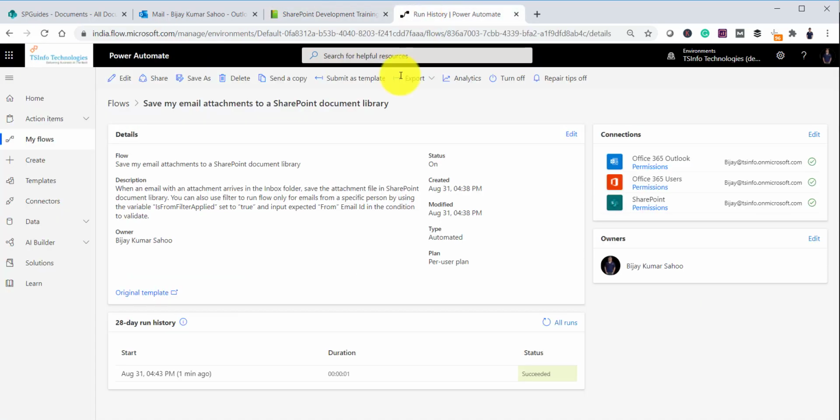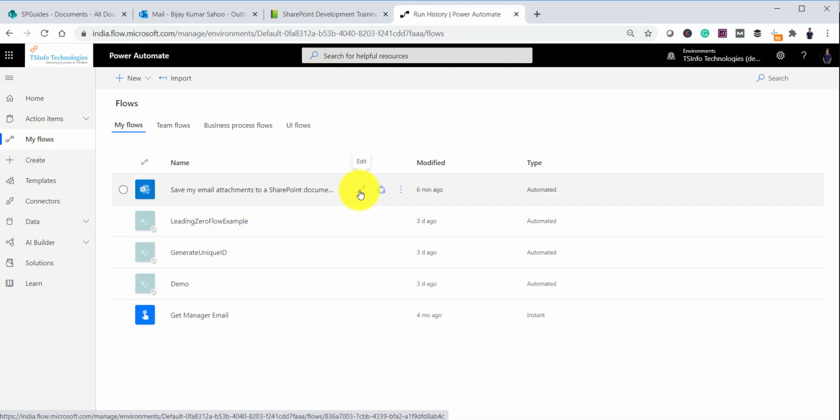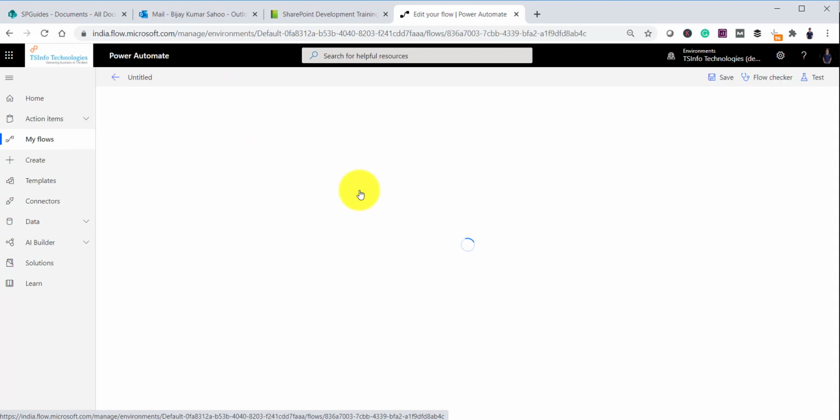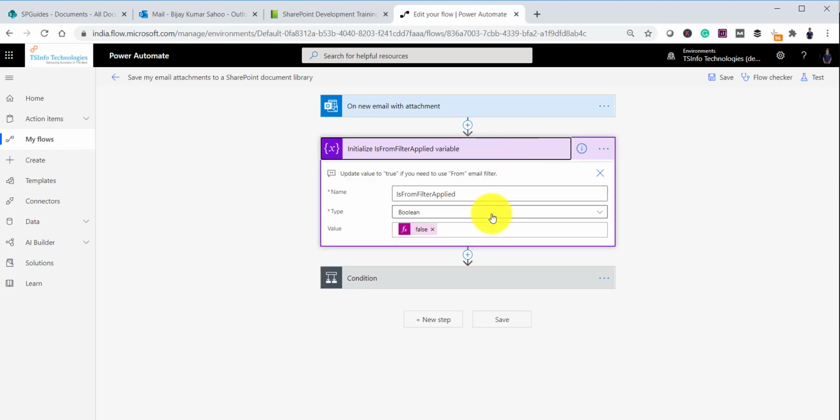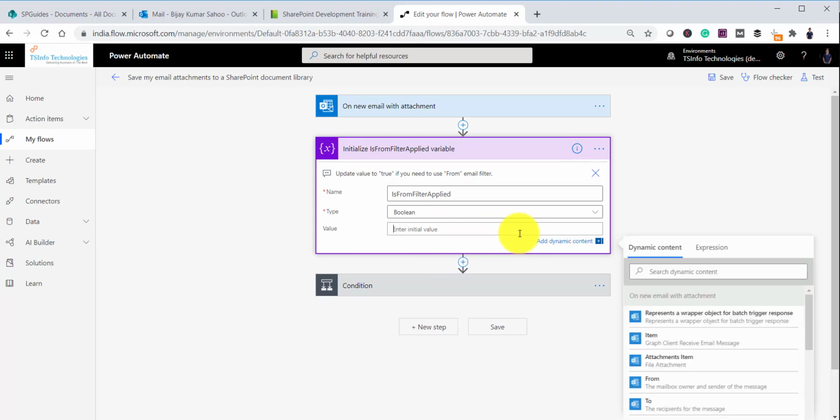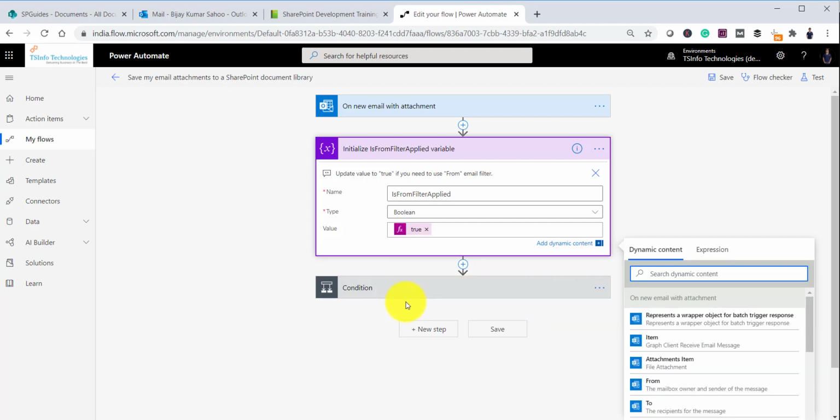So now I will go back to the flow. Go to my flow, and you can click directly on the edit icon, and once you click on edit, you will come up here. First, we want to configure the from address filter. I will not make it false now. We'll go here and make it true, so that our condition will be satisfied and it will go to